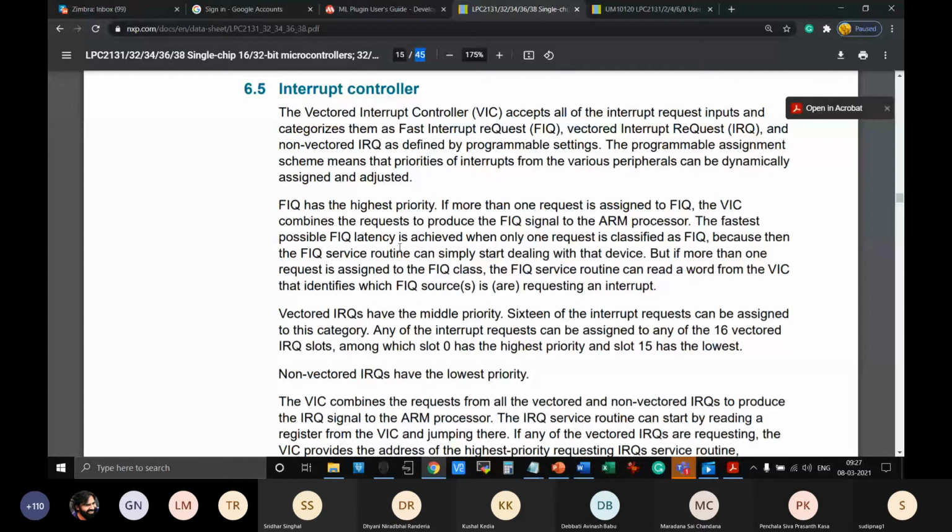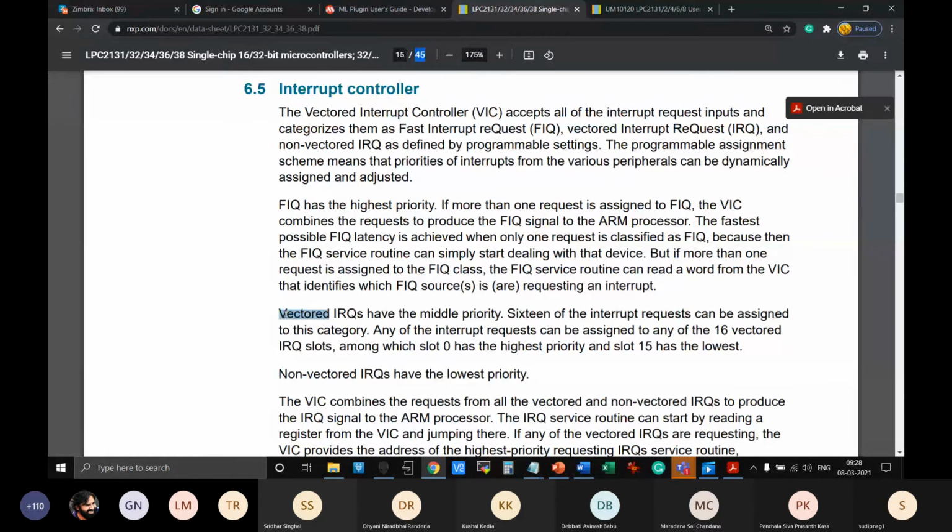Now, what do I mean by vectored and fast in detail? Apart from latency, in fact, FIQs are also a type of vectored interrupt request. Vectored means a memory location associated with the interrupt. That means if a particular interrupt comes, where will the processor jump? Which memory location in the code space will it jump to? That is the vectored location. Whenever an interrupt comes, it goes to the vectored memory location. Same for FIQ also. But there are certain generic ways where non-vectored interrupts are there.